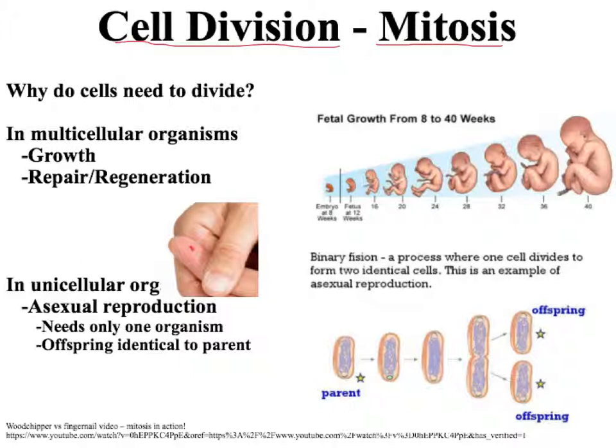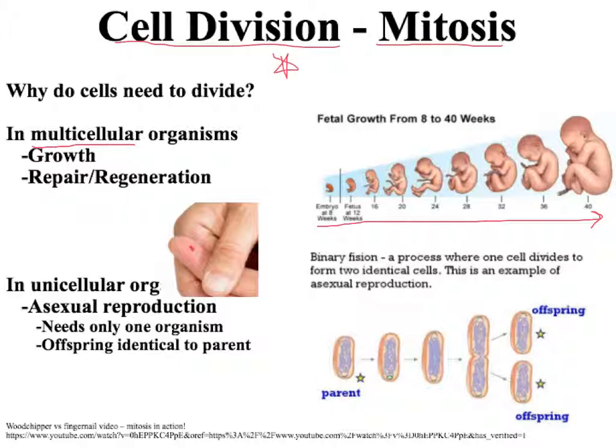For multicellular organisms, organisms with more than one cell like us, we use mitosis to grow and mitosis to repair our tissues or regenerate our tissues. So here's an example of how we grow. We all first start as a sperm and an egg, and we get bigger and bigger and bigger. And our cells actually stay pretty much the same size, and how we get bigger is by having more cells